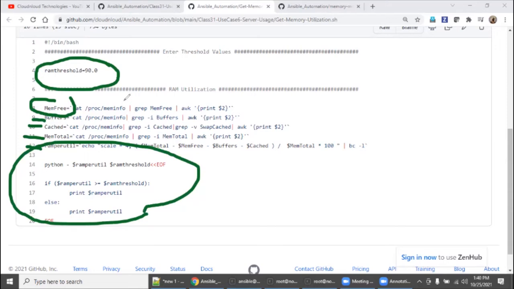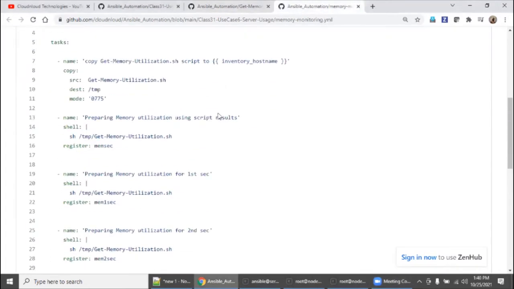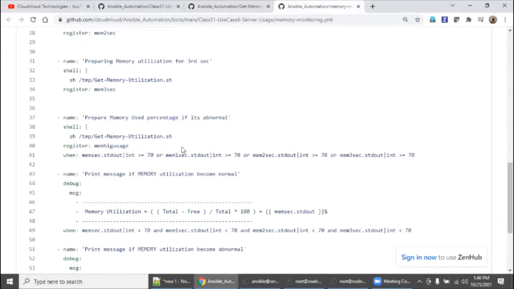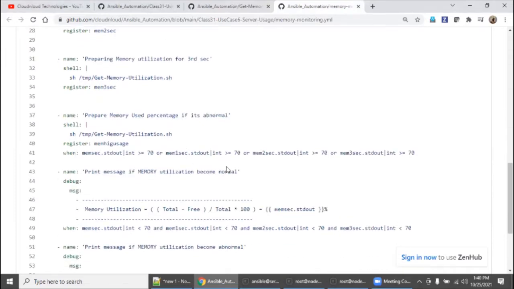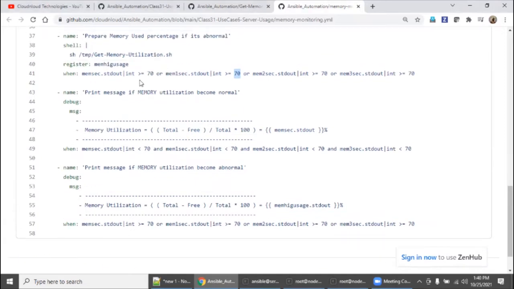So this script will give you the output, but for this output, we need to create a condition, right? What condition? Suppose you want to have, say, above 70% or less than 70%, you need to bring 2 scenarios. One is it's normal or abnormal, right? You can change the level of utilization according to your need, right? I'm just giving you an idea. So for me, I'm setting, say, 70%. For you, if it is abnormal, then accordingly you can change this value, right?